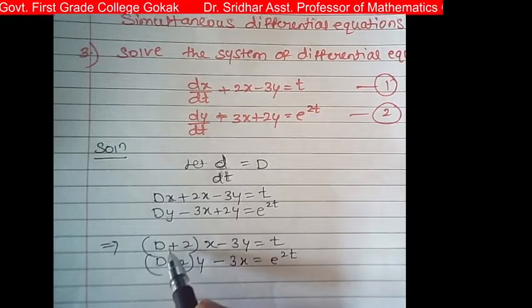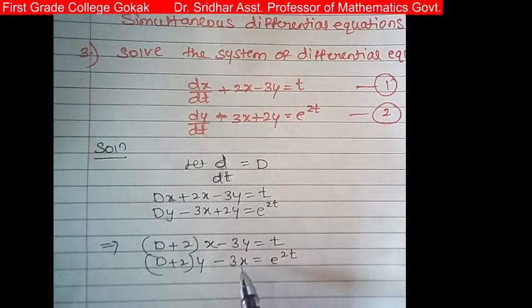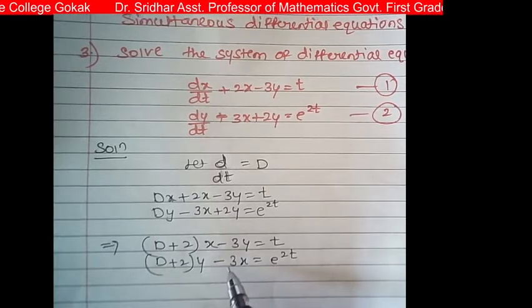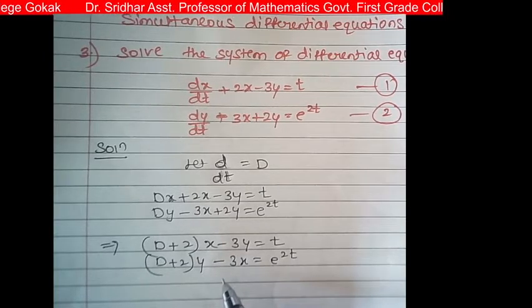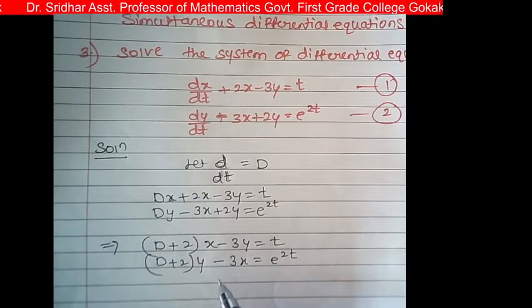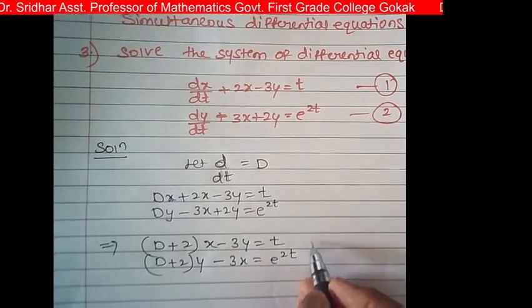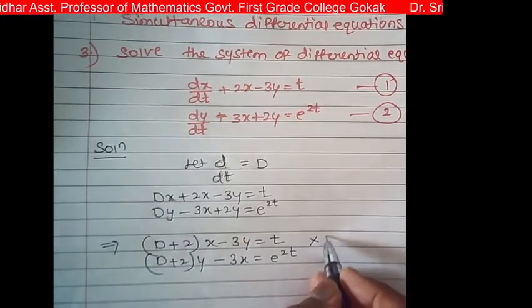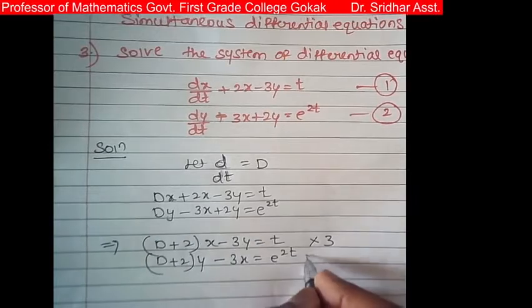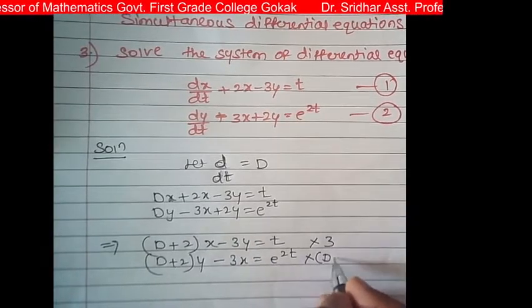So here D plus 2 is multiplied with x, and here 3 is multiplied with x. So we have to make the coefficient the same by multiplying with a suitable quantity. So for example, multiply the first equation by 3, and multiply the second equation by D plus 2,